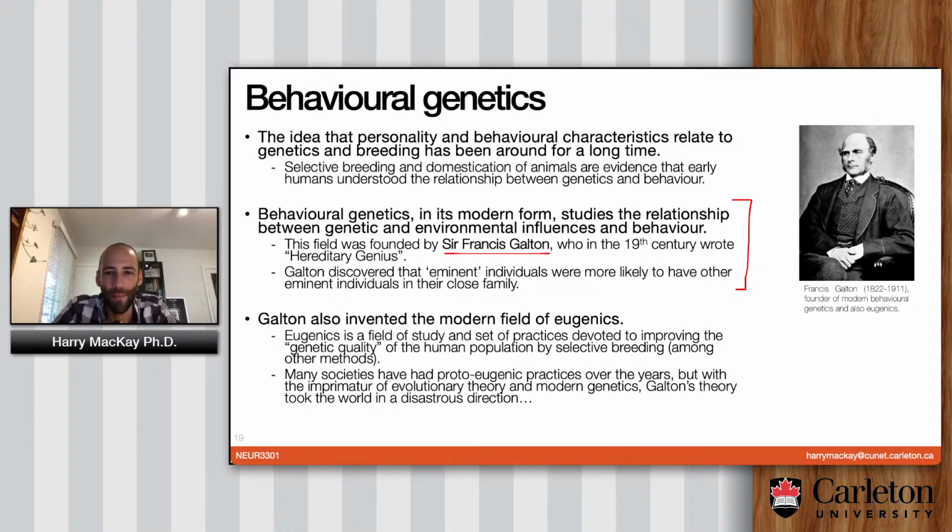And you can almost imagine how bad that book must have been when you look at this guy and you just think of the name of a book, Hereditary Genius, and what somebody in the 19th century would think about that. He essentially argued, or discovered, quote unquote, that eminent individuals, people who were very highly placed in society, were more likely to have eminent individuals in their close family. So, lo and behold, if your dad owns a dealership, it's very likely that you're going to own a dealership too, or at least be a successful person in some kind of respect. It's the most basic fact we know about how wealth and power tend to be inherited.